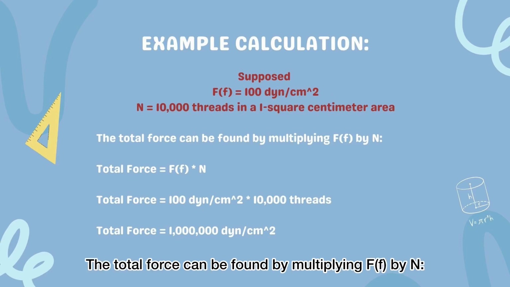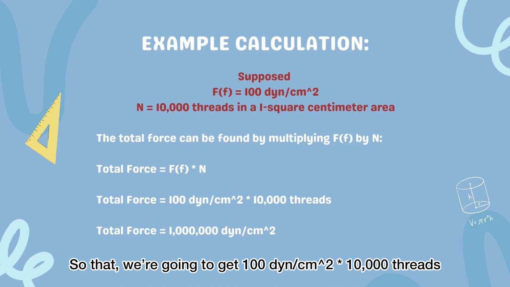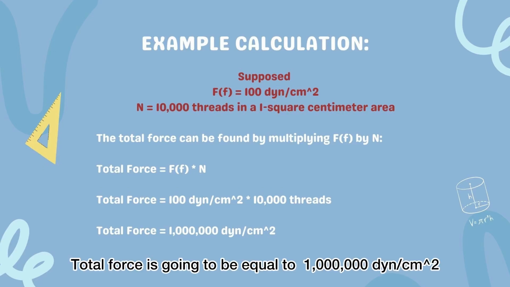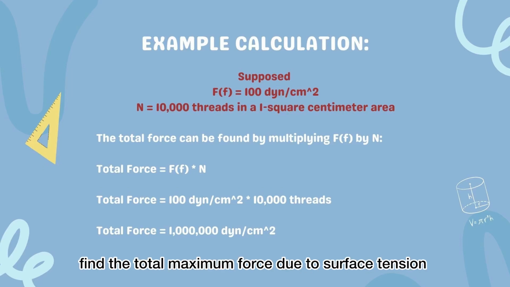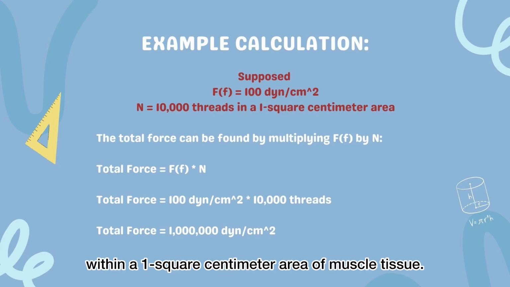The total force can be found by multiplying F by n, so we get 100 dyn per centimeter squared multiplied by 10,000 threads. Total force is going to be equal to 1 million dyn per centimeter squared. This example calculation demonstrates how to find the total maximum force due to surface tension within a 1 square centimeter